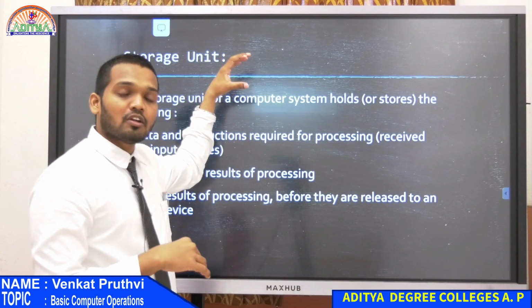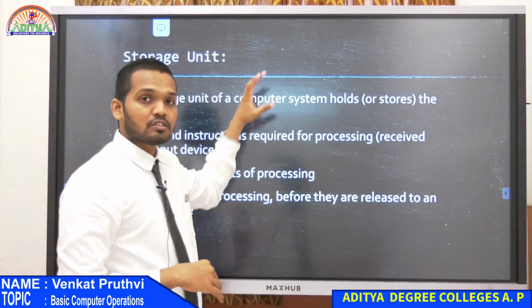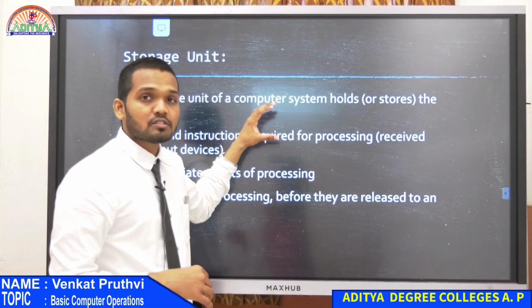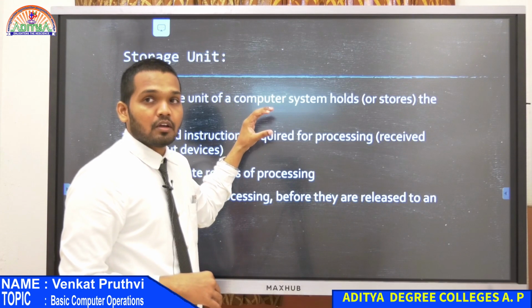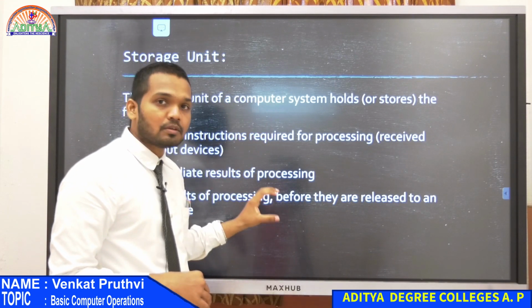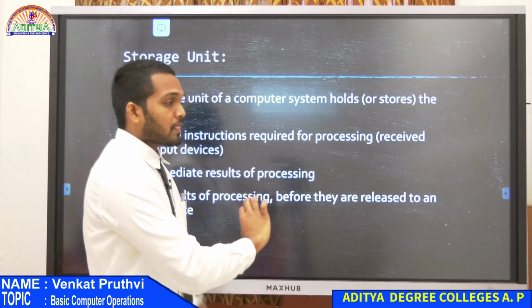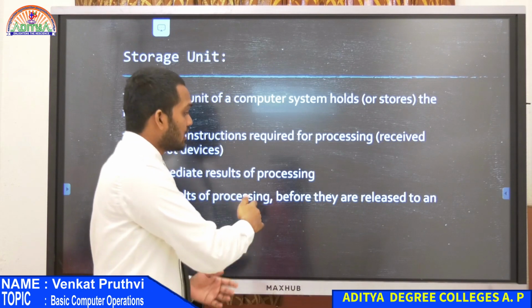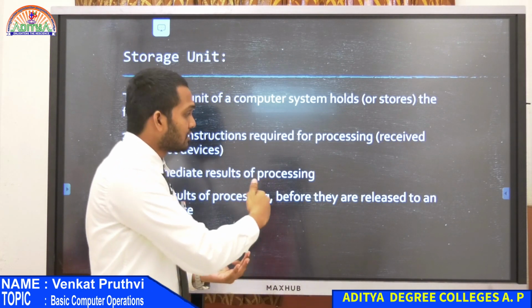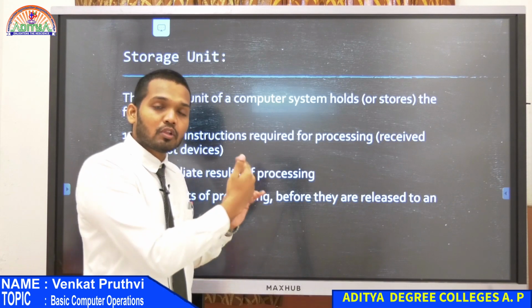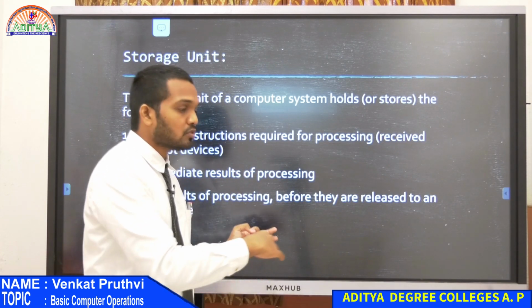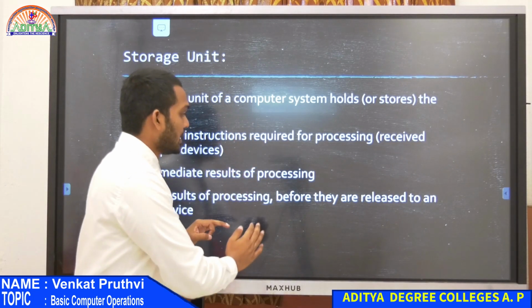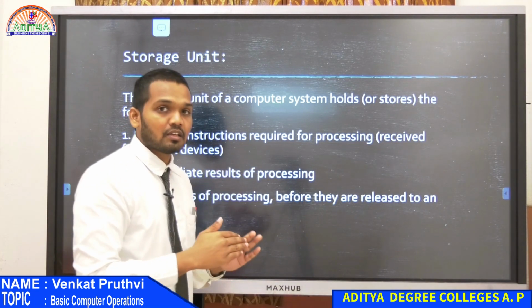Now, what does the storage unit have? The storage unit has secondary storage and primary storage. Let us only focus on the primary storage now, because the primary storage contains your RAM. The primary storage is connected to your CPU, right? The primary storage has RAM. While processing a task, the CPU performs an operation, and then it has to hold that task for a while, because it has to look for some other value in the storage unit itself. So it will put this half processed task into the RAM.